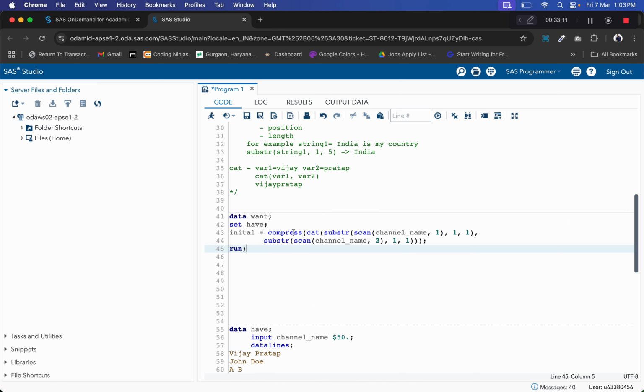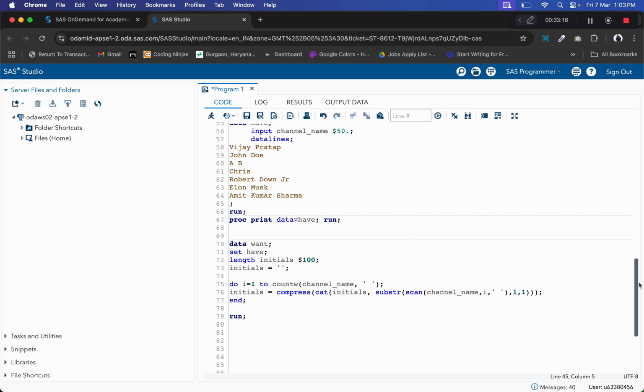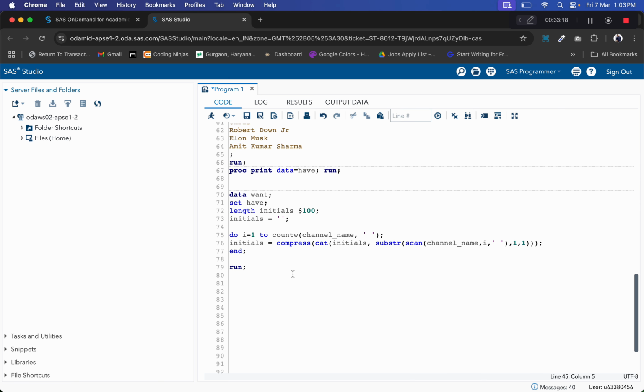So we are doing the same thing in our new code. So let me show you now new code. In our new code, what we are doing is initially we had this Vijay and Pratap. Okay, initially we tried to find out the number of words. So now number of words in Vijay Pratap is 2. So the loop will go from I equal to 1 to 2. Correct? So let's take this as number of words. Okay. So I will go from I is equal to 1 to 2.